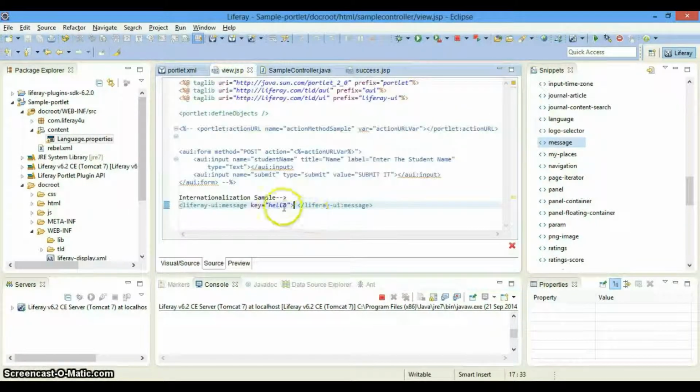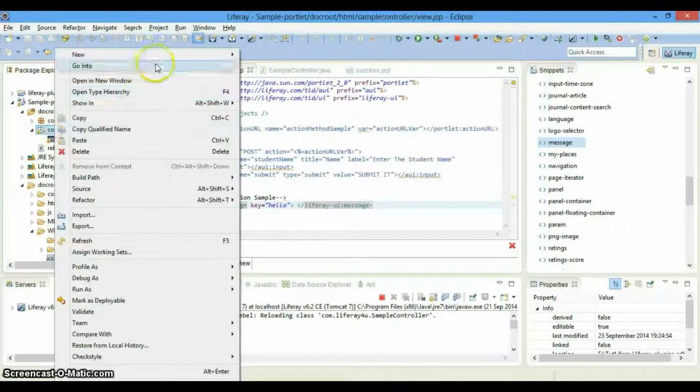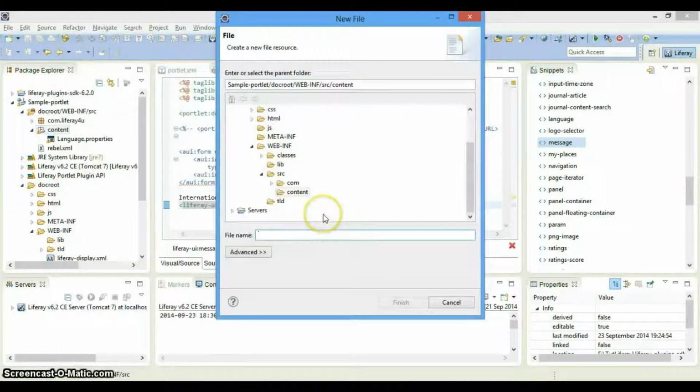What we are going to do is put up another properties file so that we can have a properties file localized for the Espanyol language. So I'm going to put up another language.properties file over here, and language_es will be the properties file, and es will be our locale, whatever locale that is. We will be postfixing that after language with an underscore with the locale name.